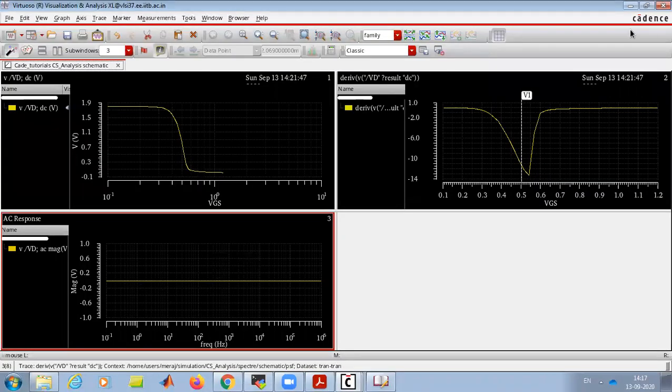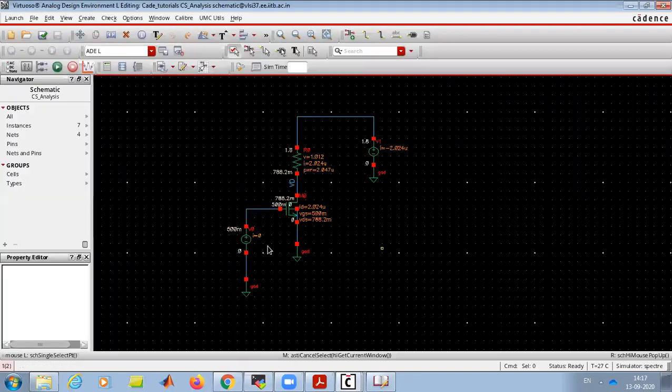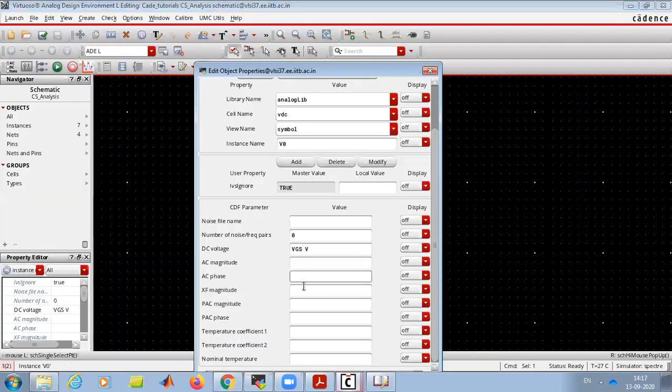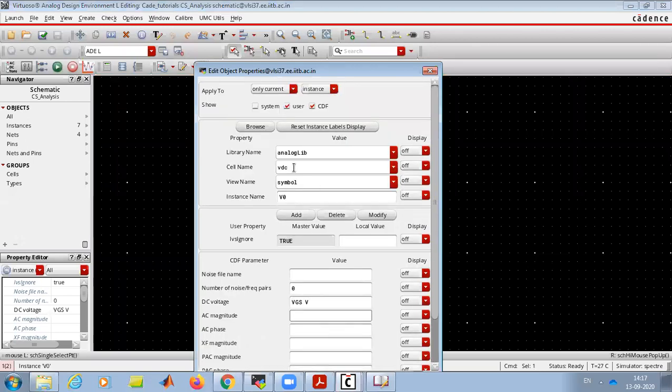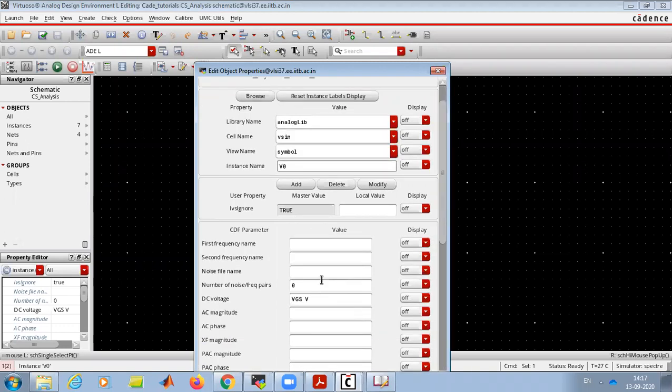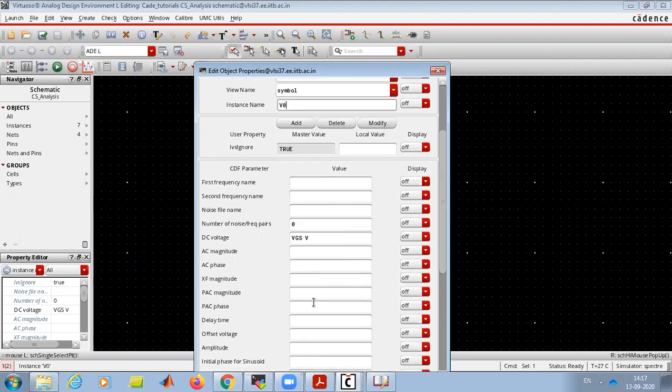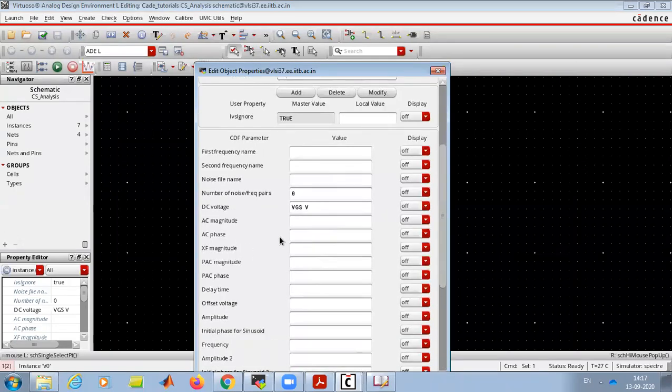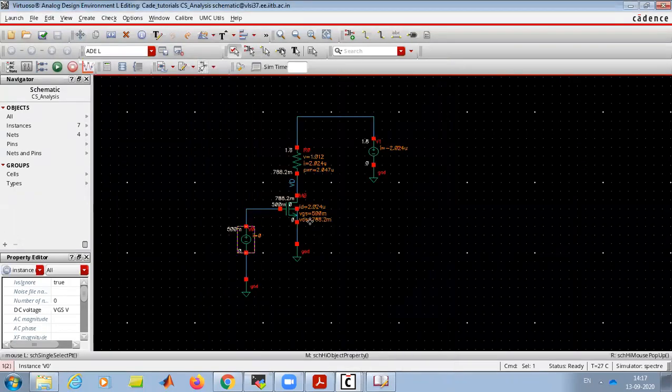It's 0 because we left the AC magnitude not given. For now, we can use AC, and I will use the V sine source. I will replace that symbol because we are also interested in seeing the transient response. So we'll put AC magnitude 1. We can see this was replaced.